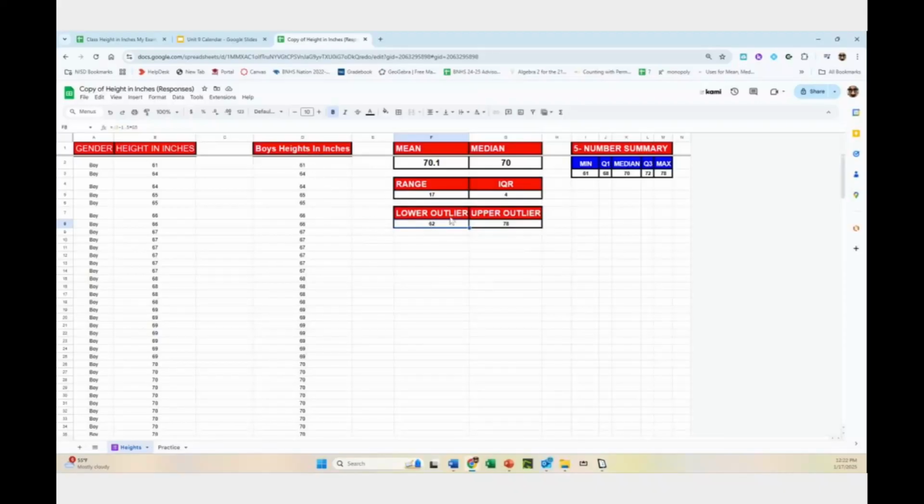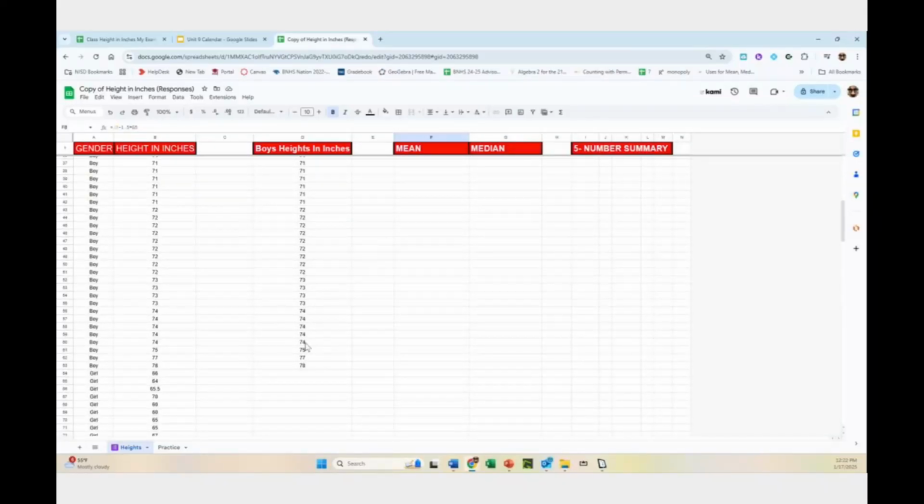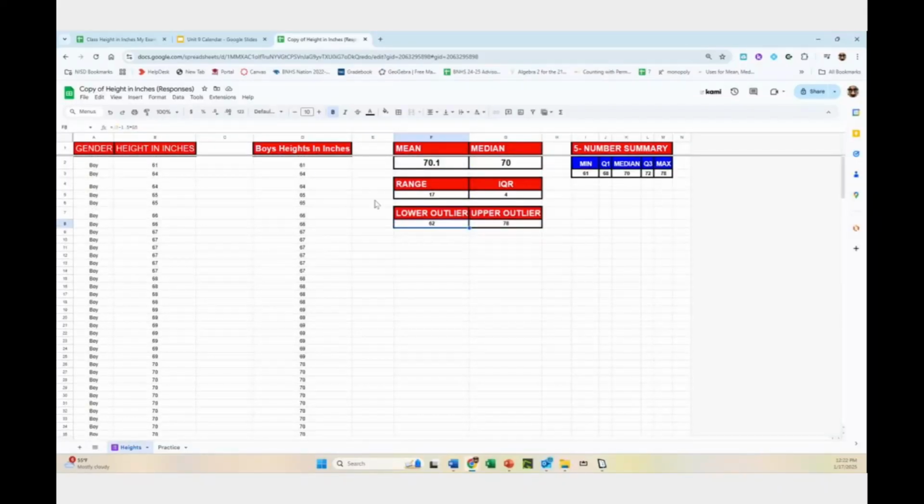Anything less than that, anything greater than 78. So we do have an outlier for boys' inches, 61. And 78, we can see from our 5-number summary, is right on the boundary. So 79 inches would be considered an outlier, or 78.5 inches. Okay,